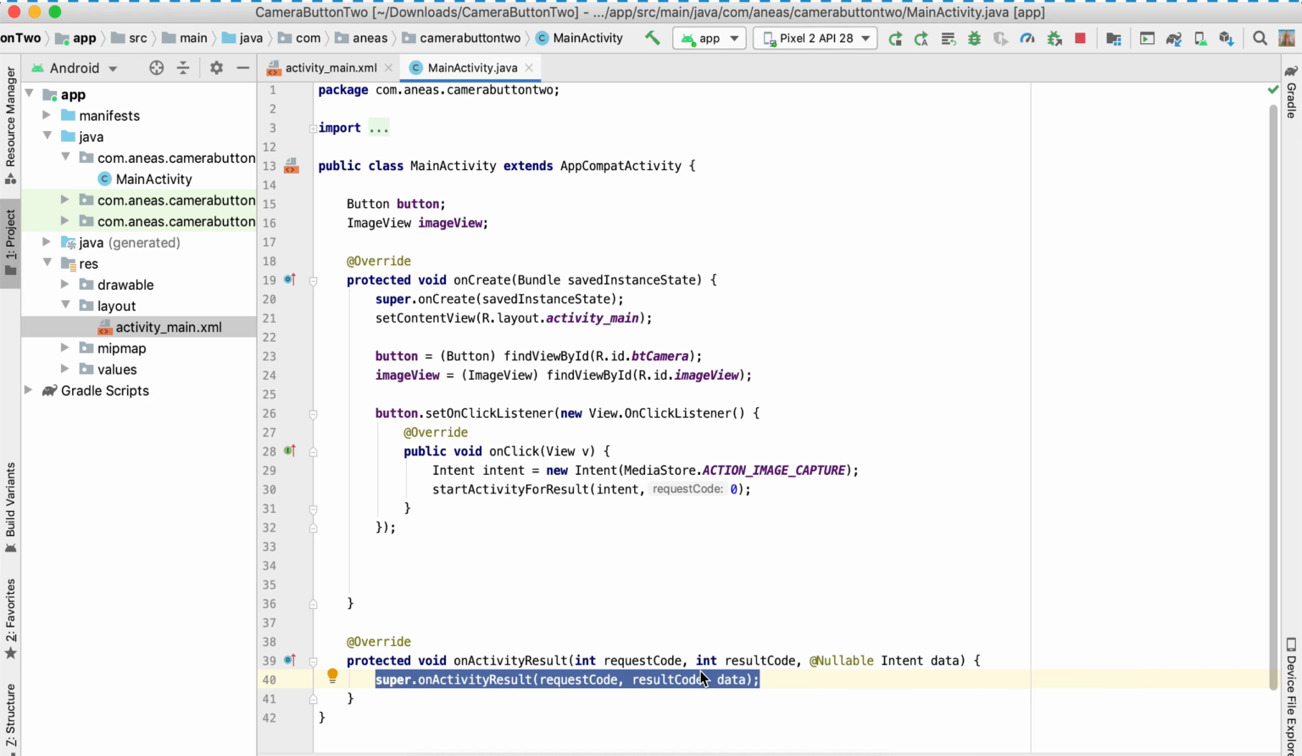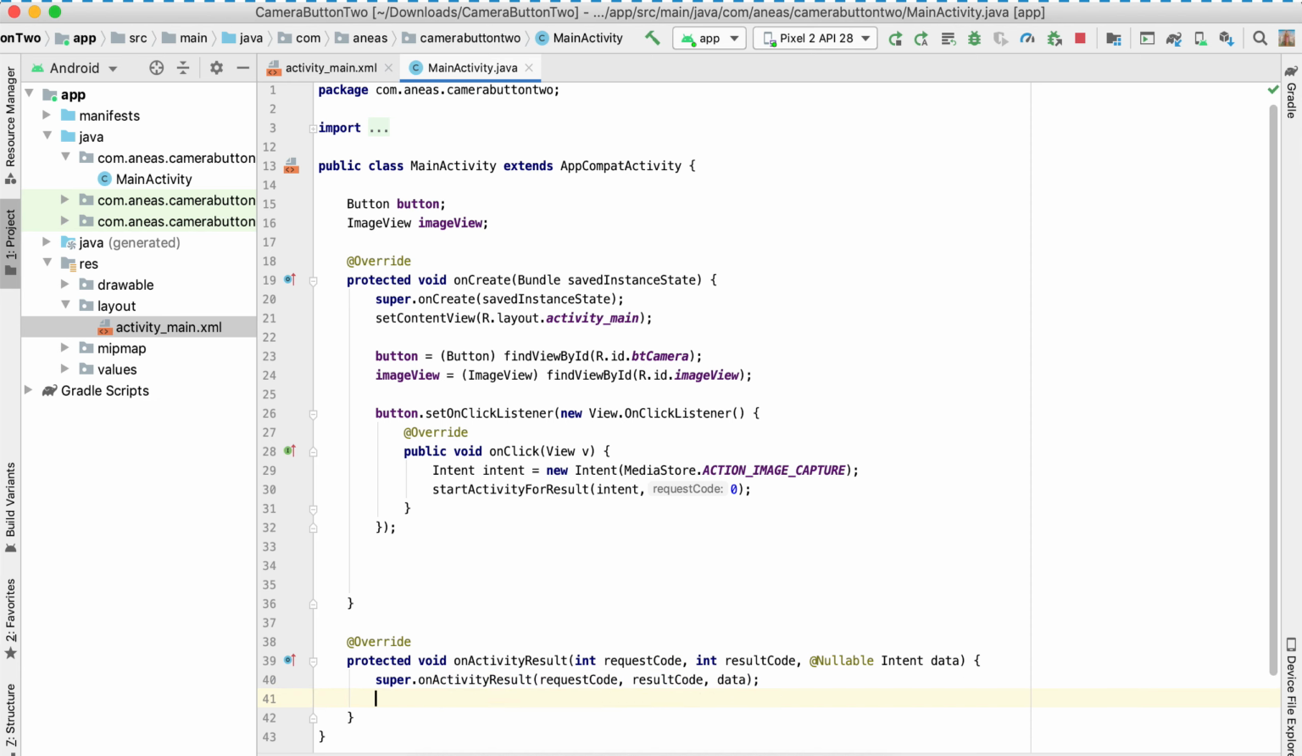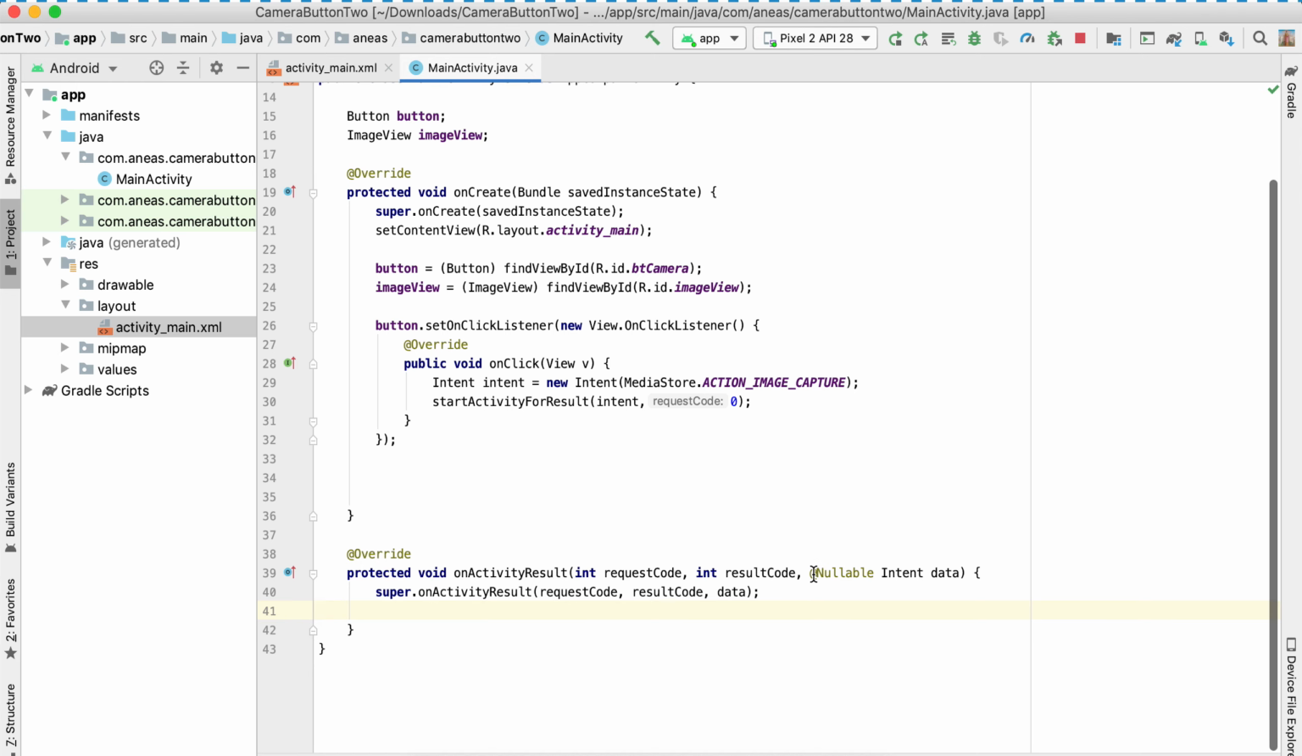So protected void onActivityResult, integer request code, integer result code, and intent data. So we're going to leave that. Don't delete that. But under it, we're going to add in our code. So we're going to add a bitmap equals